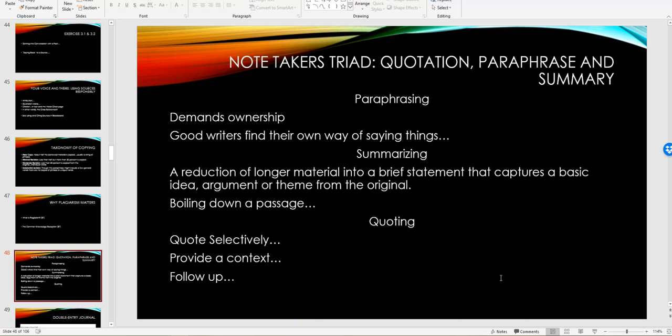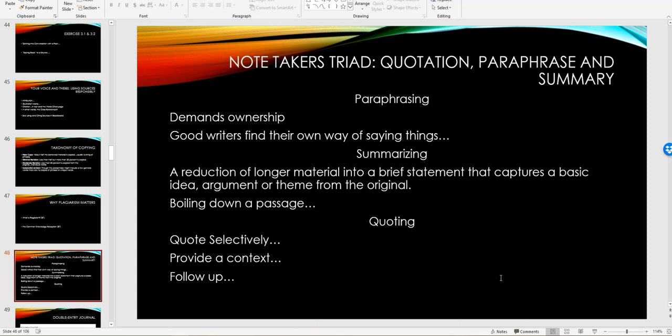Okay, it captures the basic idea, argument, or theme from the originals. If you're taking the original line, what an author is saying, and you're summarizing it and regurgitating it, you have to cite this. You're taking the ideas and thinking of another individual, all right? You can boil down a passage into something a little smaller, but the idea here is when you're taking the